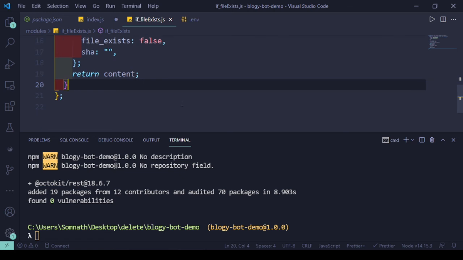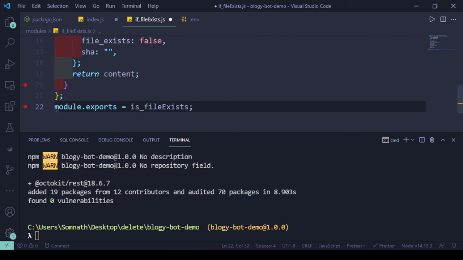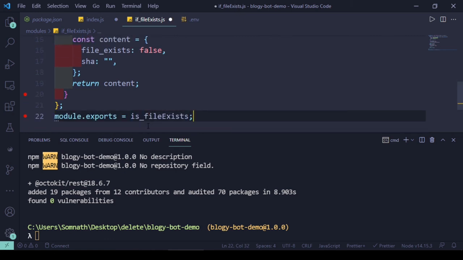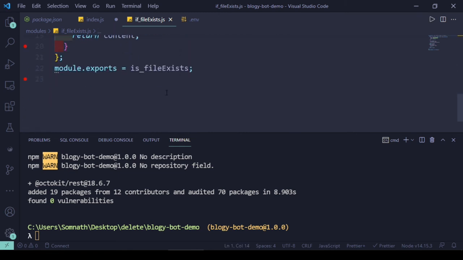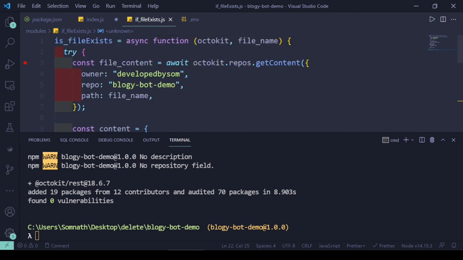The most important thing, we have to do a module export of that particular function. So it should be isFileExist, otherwise it will not work, it was a typo. Next, this module we need to get into our index.js.